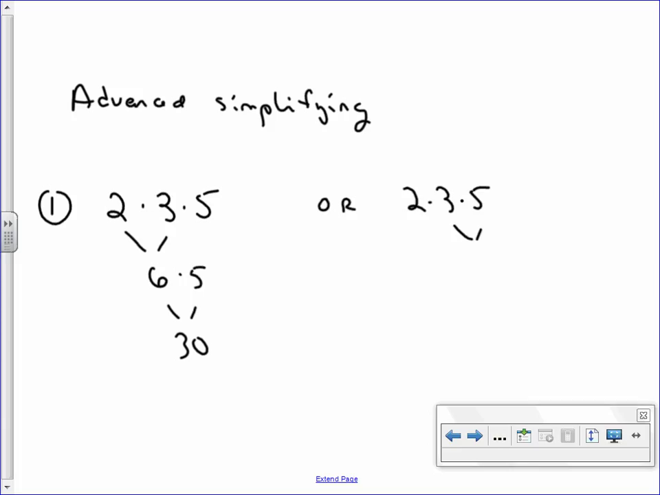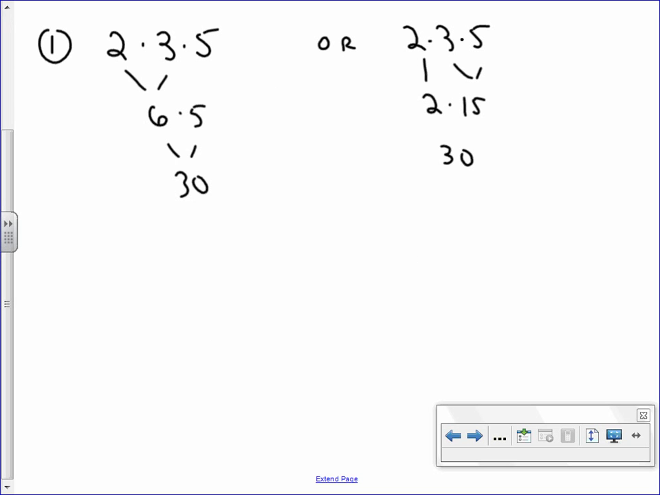What's 3 times 5? 15. And you can just bring that 2 down. And 2 times 15 is 30. You're going to get the same answer either way. In fact, if you wanted to be a real rebel,